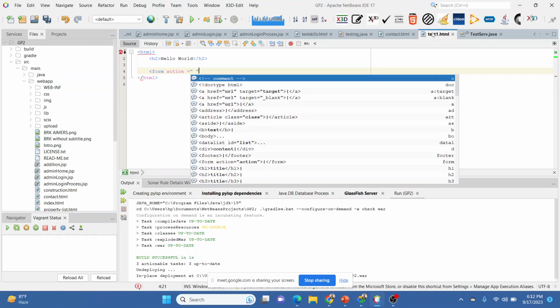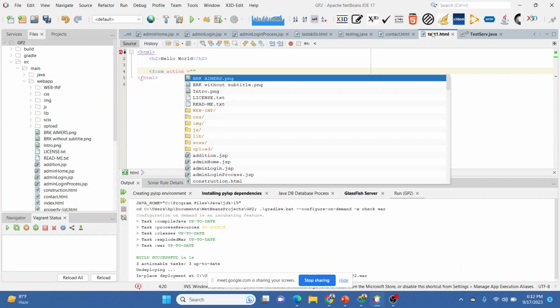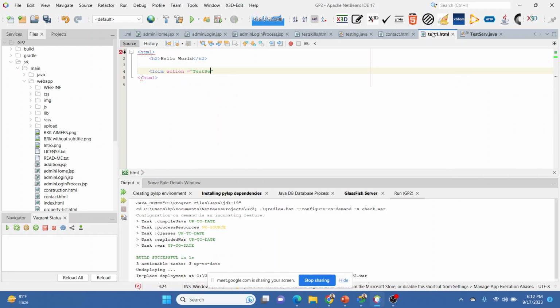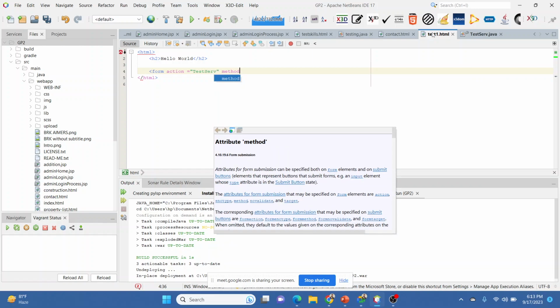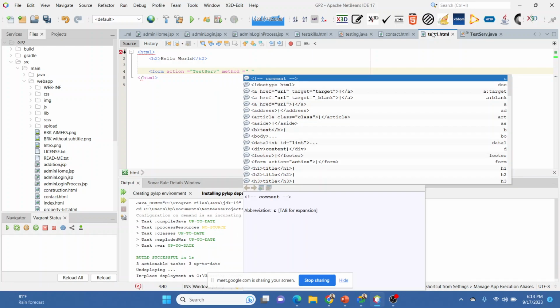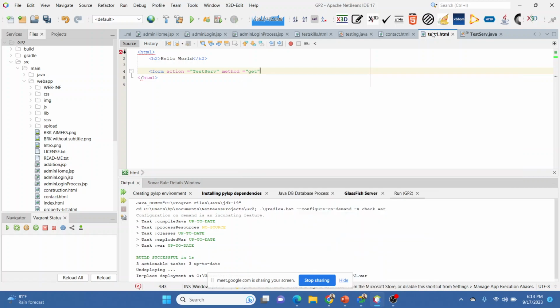Action, our servlet name is test serve, and method, how it is going to call it. The method is first get. So get is going to call the doGet method, and whenever we write method post, it is going to call the doPost method.